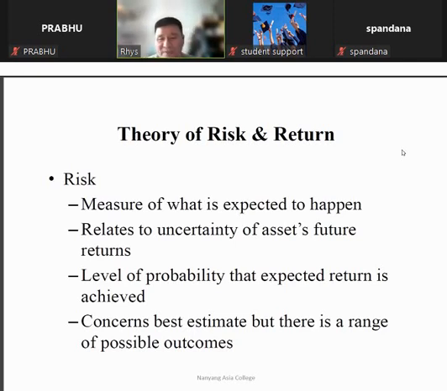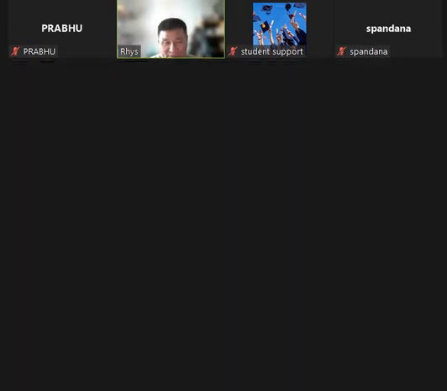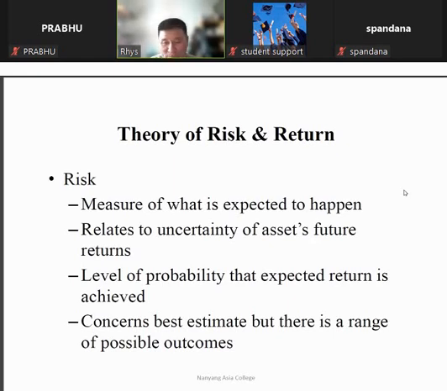Level of probability that the expected return is achieved. By and large, in the preparation of this project, your project manager and director have discussed and negotiated, and they have come up with a high level of return. That means a high probability of return. The non-return probability will be very low, because they are all expert people with years of experience, and they can estimate a project. So no issue on that.